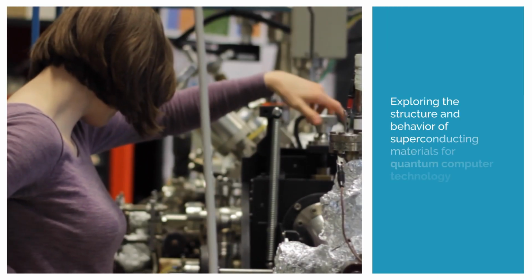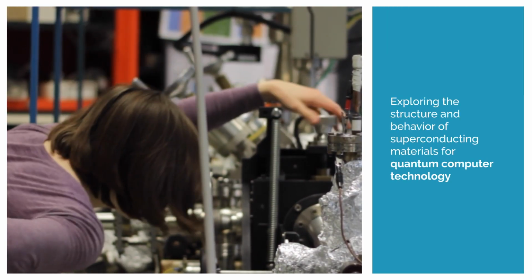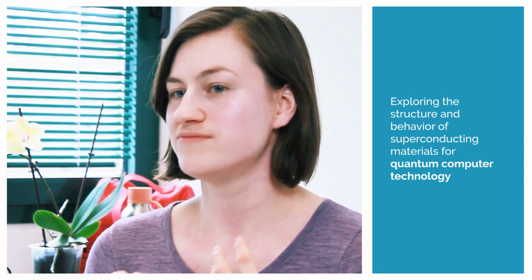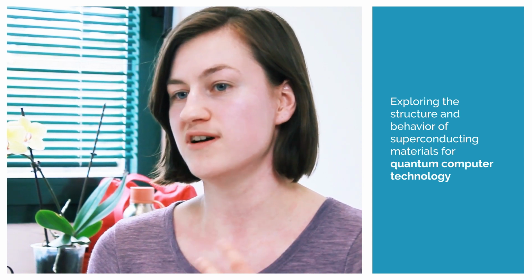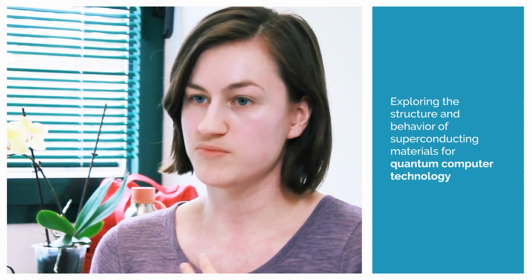Hi, my name is Alida van Hunnik and I'm a PhD student at the University of Groningen in the Netherlands. We are looking for new material platforms for quantum computing technology. And the specific systems we're looking at is hybrid systems of magnets or superconductors. And these might be able to host new emergent topological states, which could be used, for example, to have more